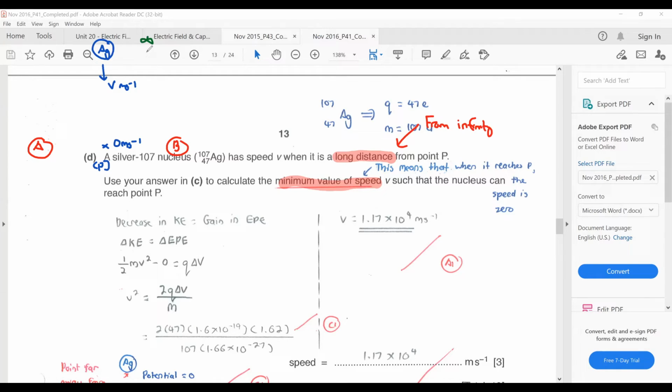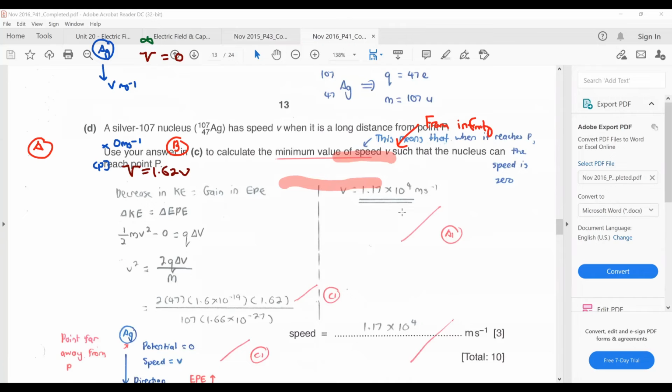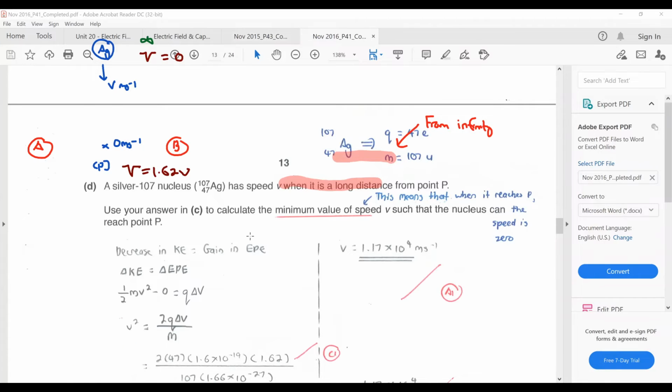Okay, your potential at infinity is 0, but your potential here is 1.62 volts, which you already found just now in the previous question. Okay, so now if I talk to you about a case where you're moving from here to here, when you move from here to here,